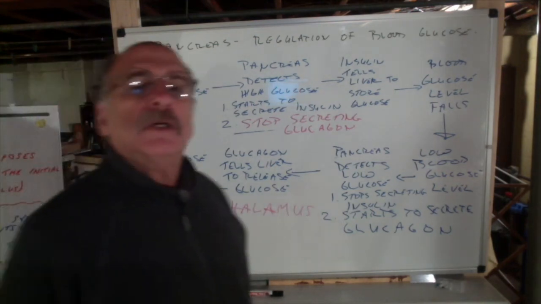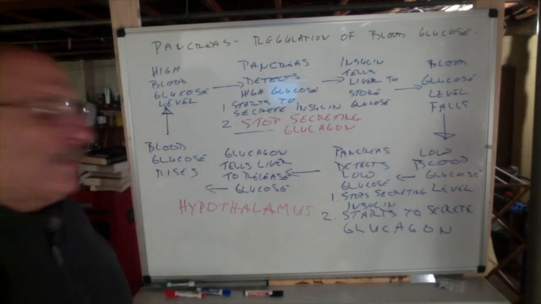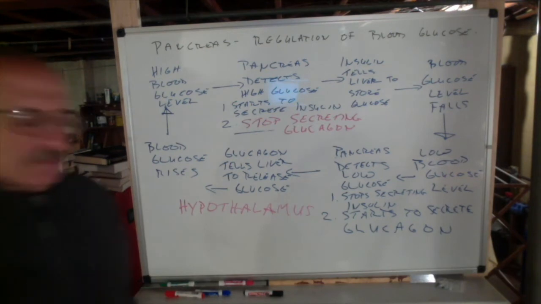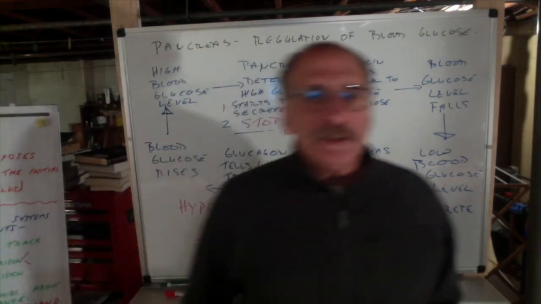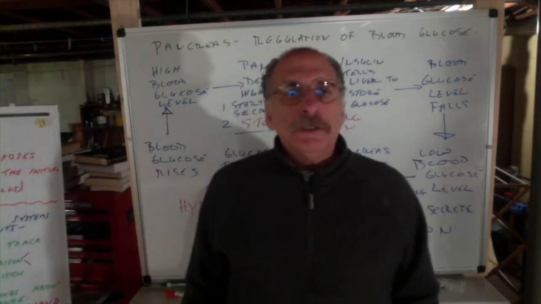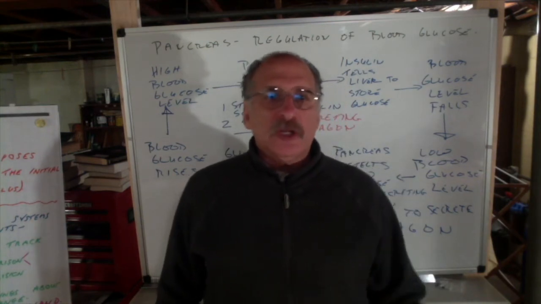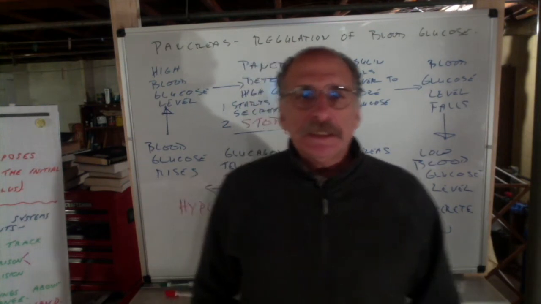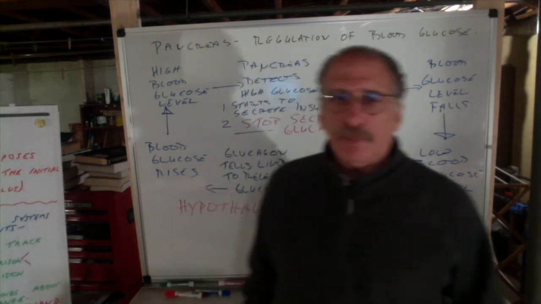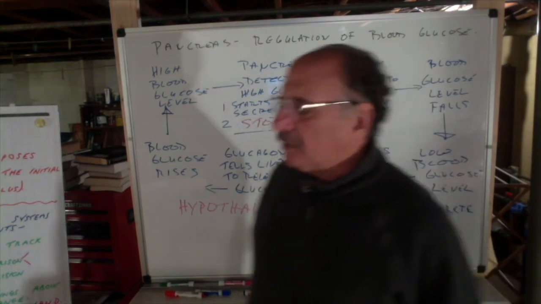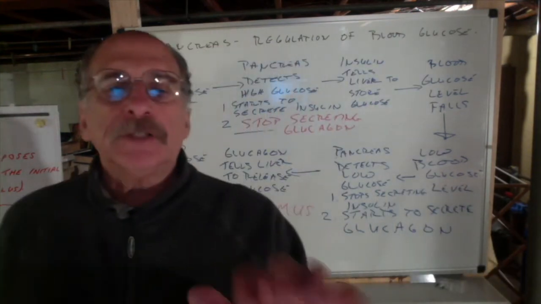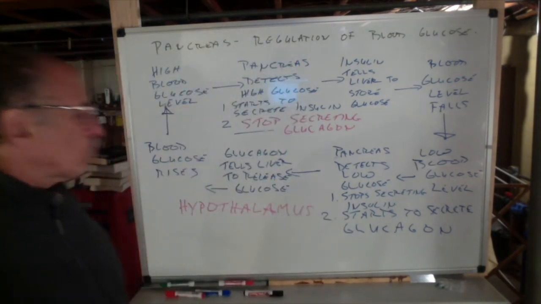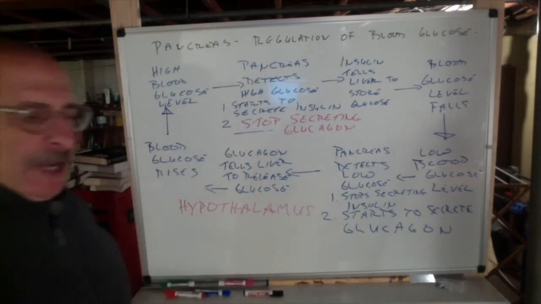Thalamus, part of your brain, which is also keeping track of the blood glucose level. And when that part of your brain detects a low blood glucose, it triggers feelings of hunger, so that at that point you go out and eat and presumably take in some carbohydrates. So that's also part of the story of blood glucose regulation, but I'm not going to spend time on that. We're focusing on how it works with the pancreas.